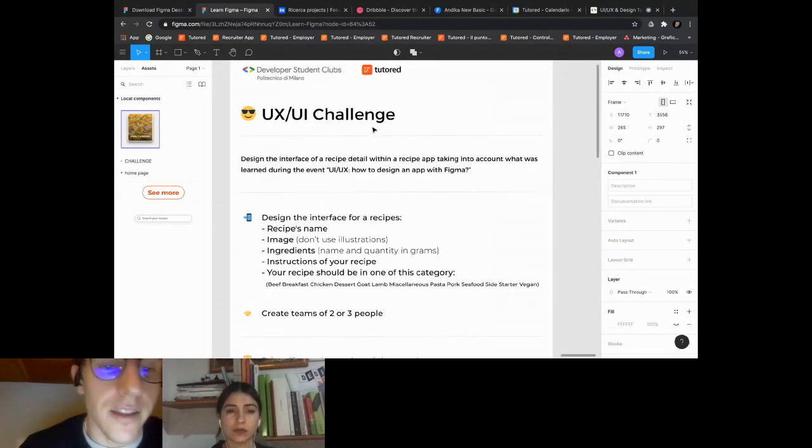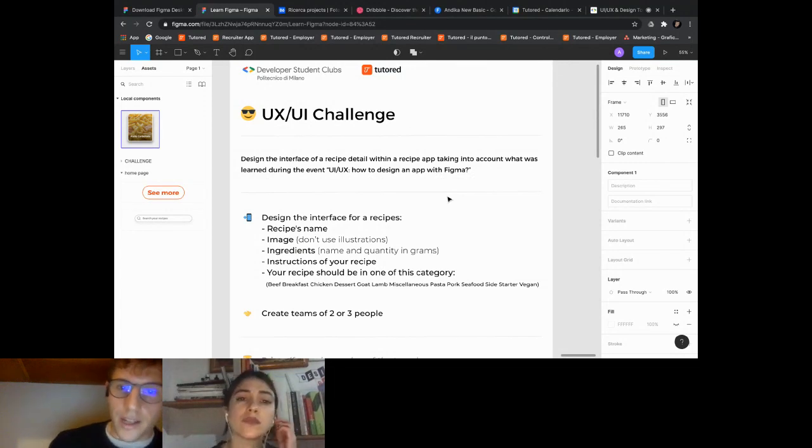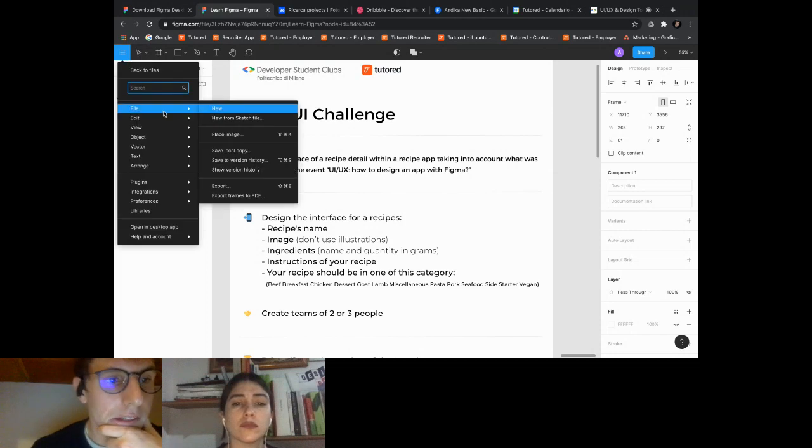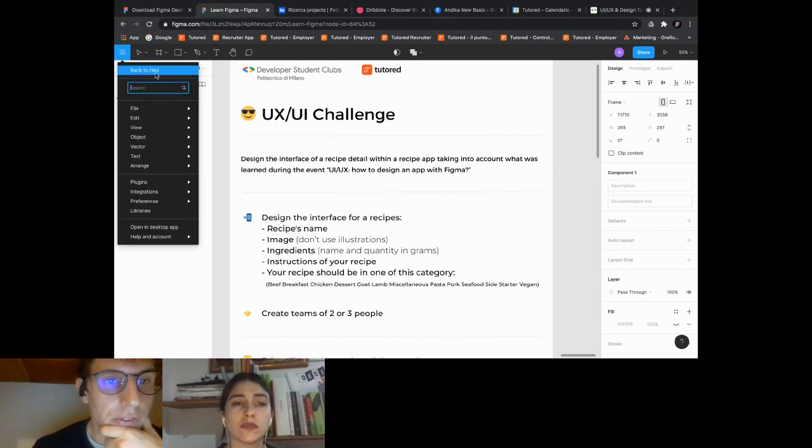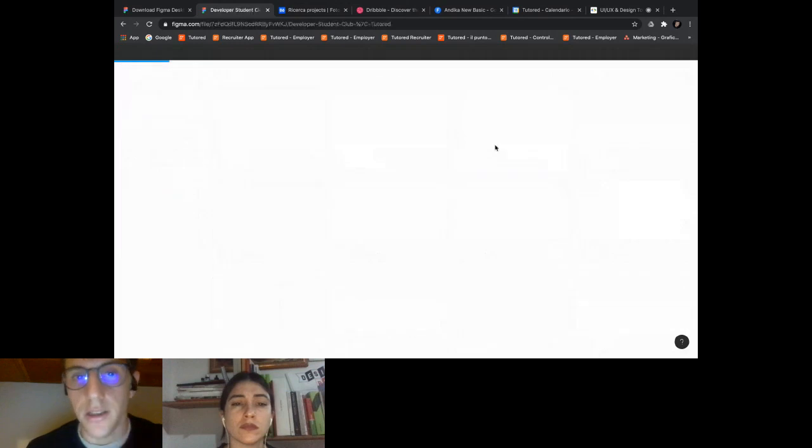So it is to design the interface of a recipe detail within a recipe app, taking into account what was covered during the event on UX/UI design with Figma. Okay, what is the recipe detail? It is this one. I have created these files for you that Simone will share with you on your Telegram group.